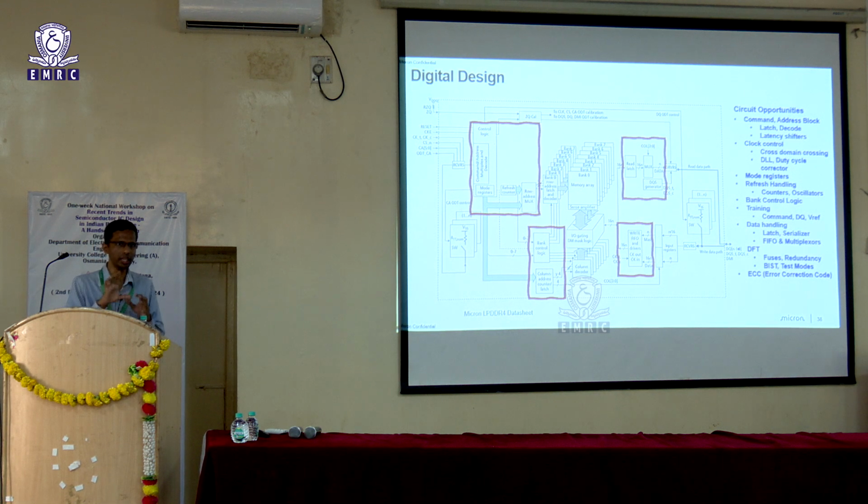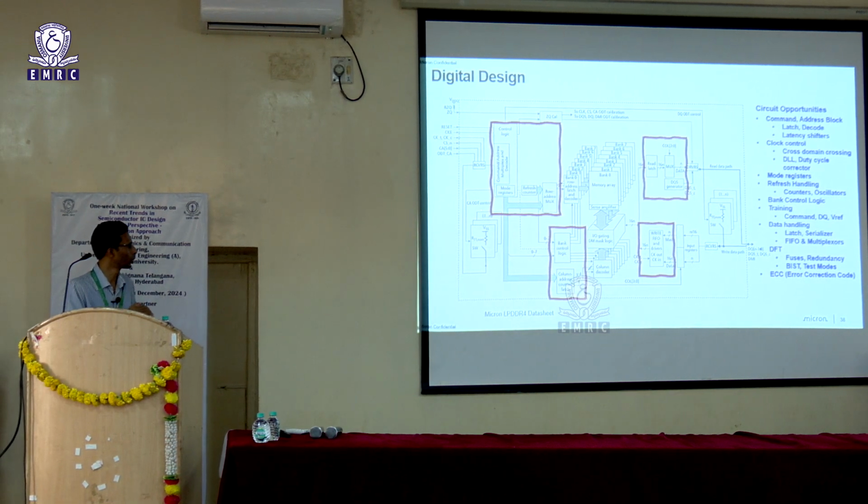So we'll inherently build some additional redundancy into the system, so that once we do a package level check of the entire memory, if you figure out that one particular row or one particular column has gone bad, you will replace that with a redundant row or column. And similarly, ECC is built in.